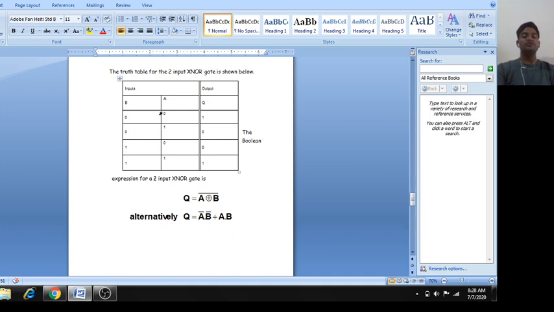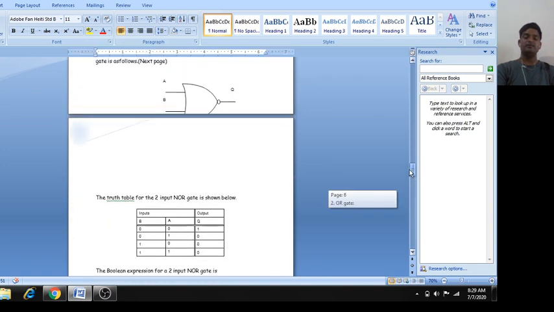Now you can see where we can use this truth table. If both inputs are the same, 0 0, the output is high, and if both inputs are high, 1 1, the output is high. If both inputs are the same, the output is high, otherwise low. You can use it in magnitude comparison. Suppose you have to compare two numbers A and B. If both are equal, the output is high, otherwise low. Later on you will see how to do it.